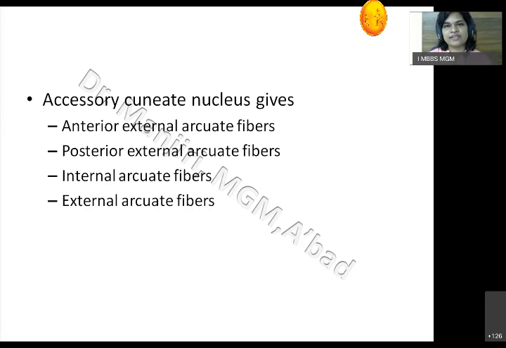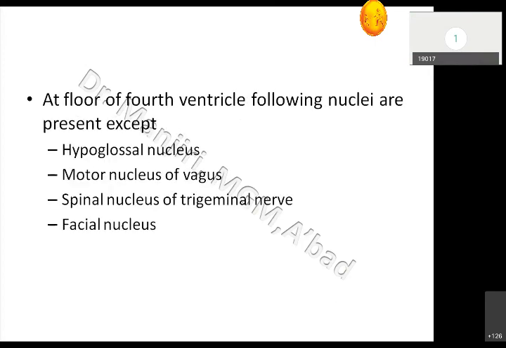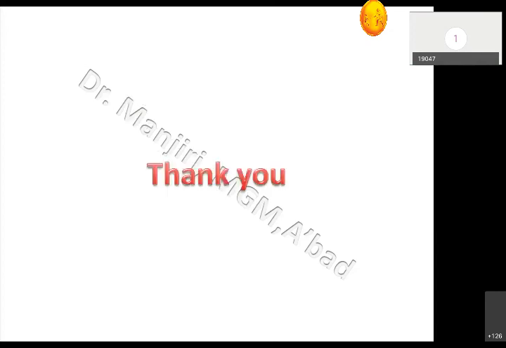Others are easy. Accessory cuneate nucleus, which gives which types of fiber? Anterior external arcuate. Yes, and posterior external are given by arcuate nuclei. And internal arcuate fibers, they are given by fasciculus cuneatus and gracilis. At the floor of the fourth ventricle, the following nuclei are present except: facial nucleus. Yes. So